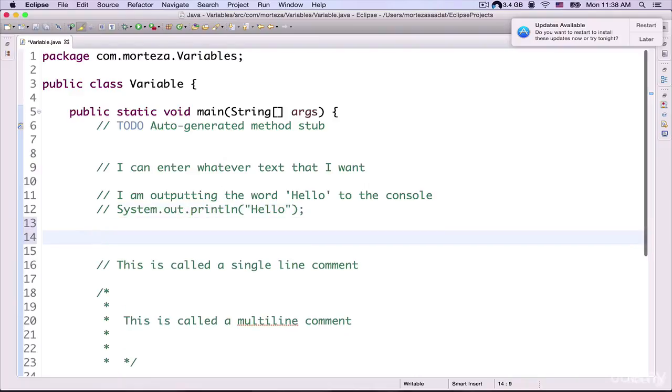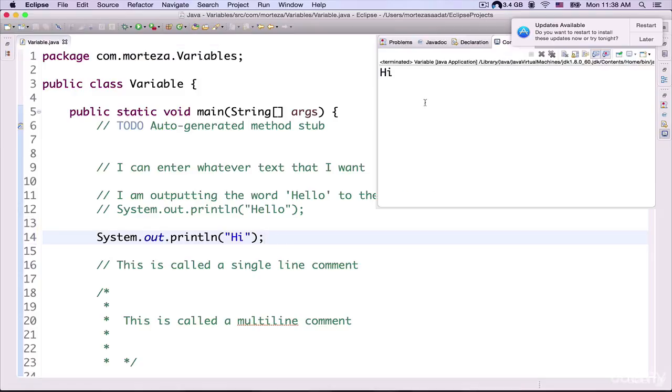So I can now create another statement here, System.out.println. As you can see, inside the parentheses, just put in 2 double quotes and type in here "hi", for example. Okay, and then I need to put in a semicolon at the end. And again, if I run my program, you can see that it's going to show me the word hi in